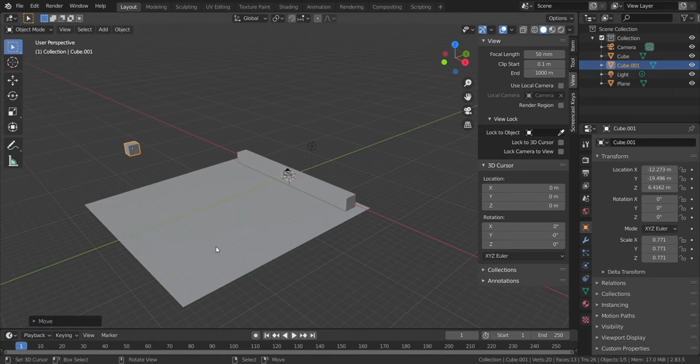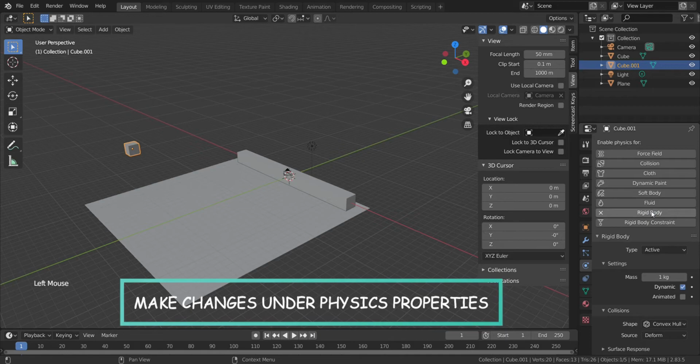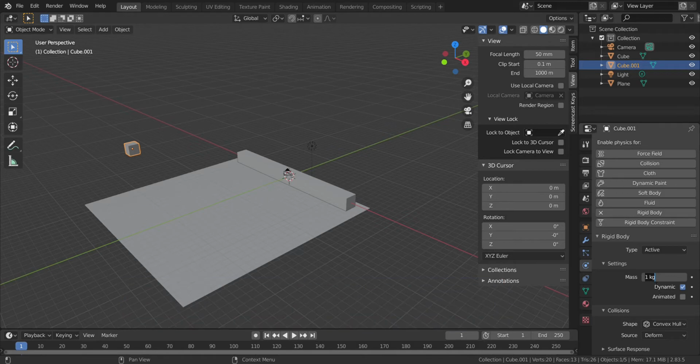Alright, so the next thing is we will be going to the physics tab in the properties section, and under the physics properties we will be selecting rigid body, and then we will be adding some weight for this cube, and I think 20 kgs would be fine for this.